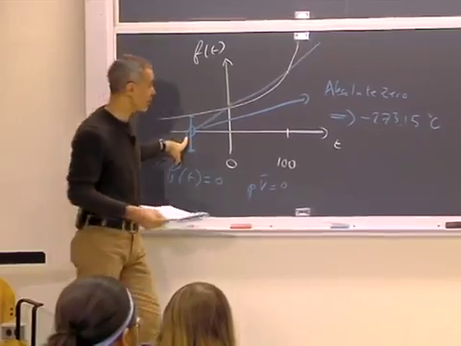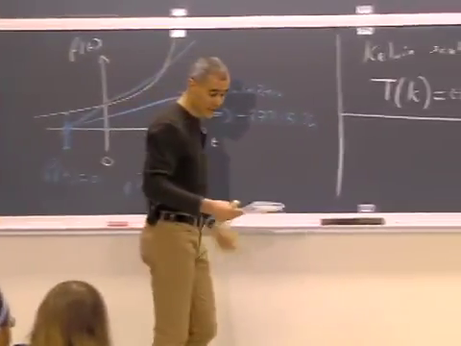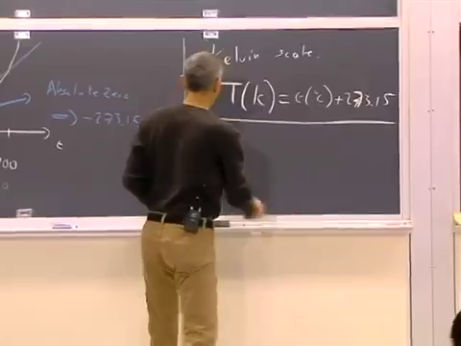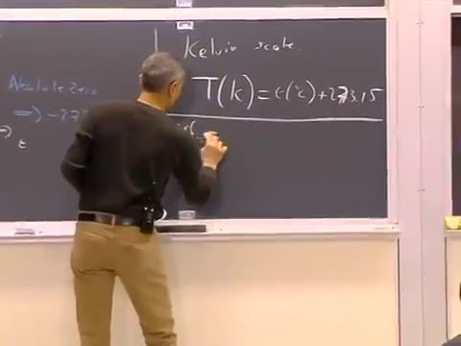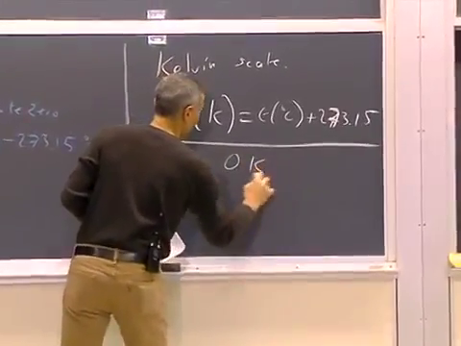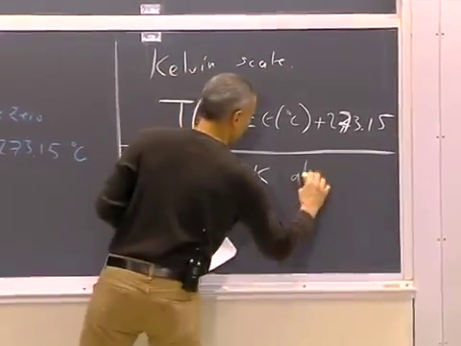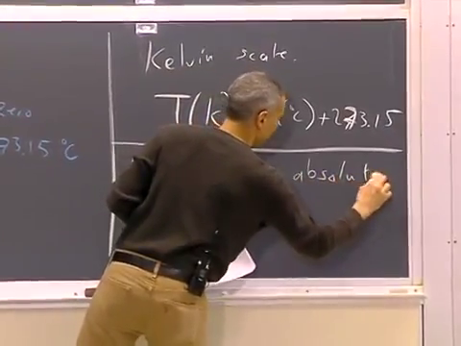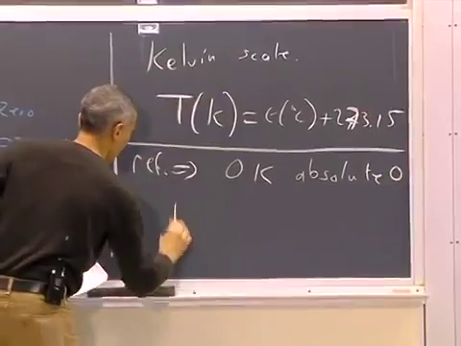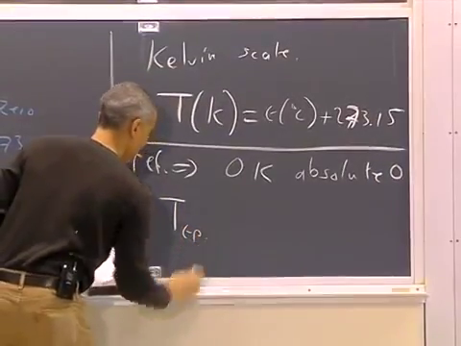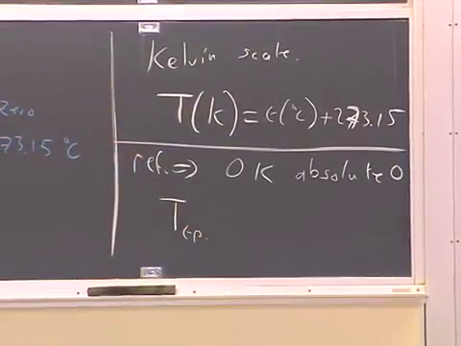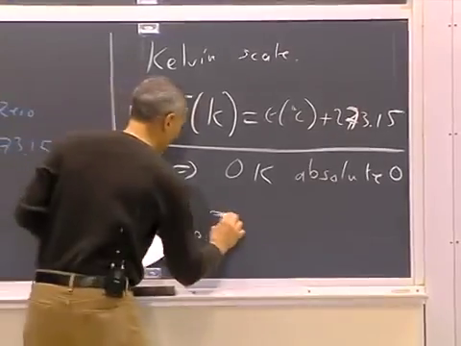It's the lowest temperature you can go to. And our other reference point is the triple point of water. Reference points become 0 Kelvin, absolute zero, and triple point. The triple point of water is going to be defined as